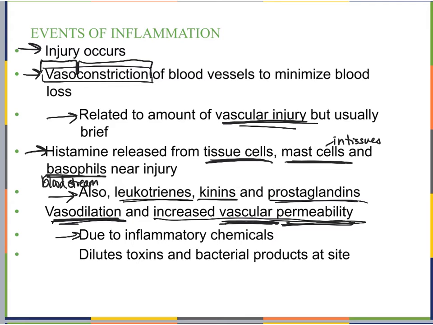Again, this is due to inflammatory chemicals that we've been speaking about over the course of this chapter. And this is going to help to dilute toxins and bacterial products at the site. So again, if we have these leaky blood vessels, then we have edema. We have all of this blood plasma leaking into the tissues. Not only is it bringing white blood cells, but it's also washing things away. So it's going to dilute toxins, kind of wash those away, and dilute anything else that the bacteria is going